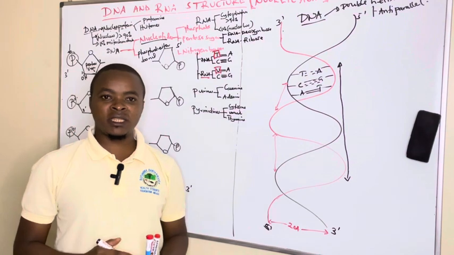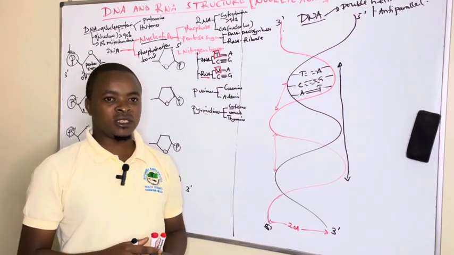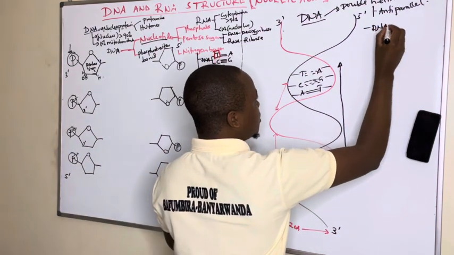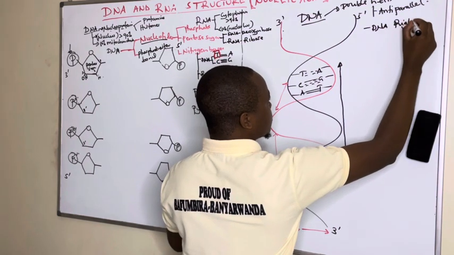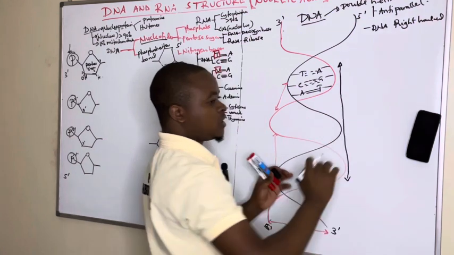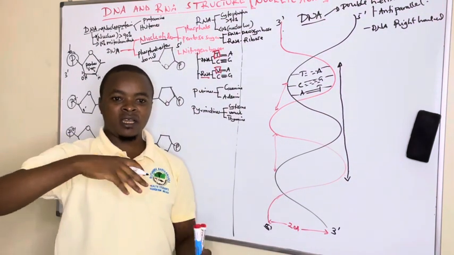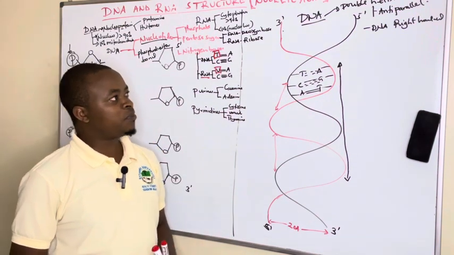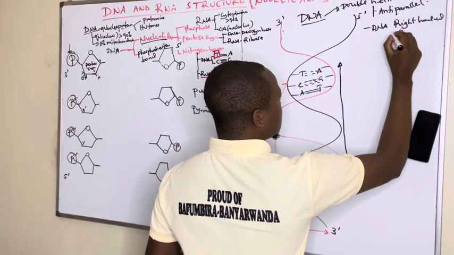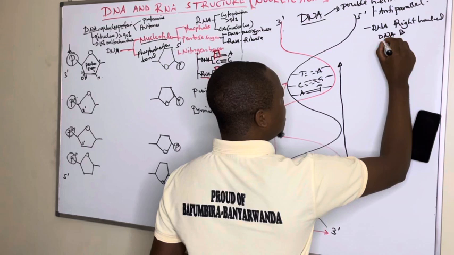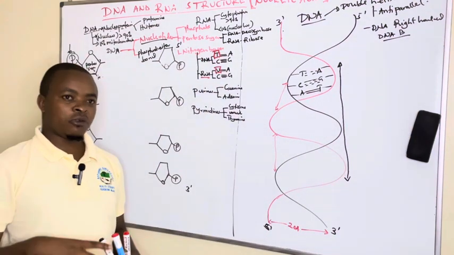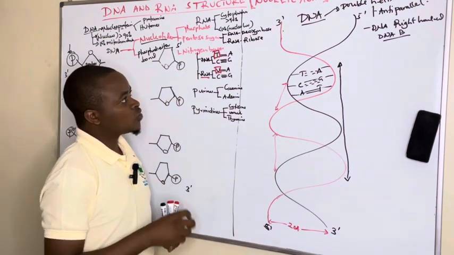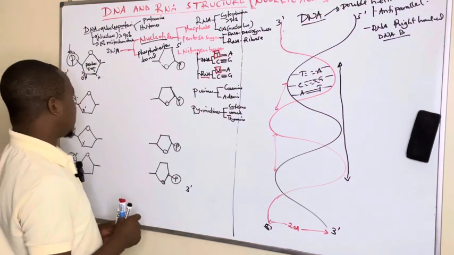And this is according to the description of Crick and Watson. Crick and Watson tell us that DNA is right-handed, that the majority of DNA is right-handed, that during coiling they coil on the right-handed side. That is especially DNA type B, and sometimes A, which are right-handed, whereas other types like Z are left-handed. So we are going to see that this is antiparallel, and they are joined together